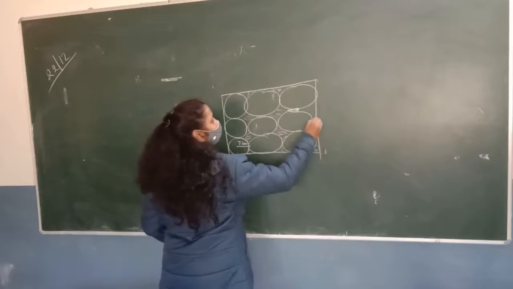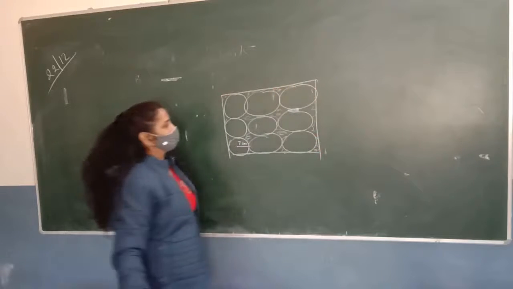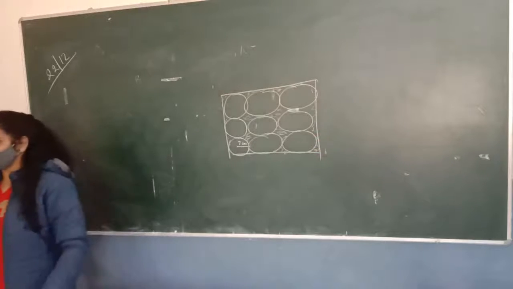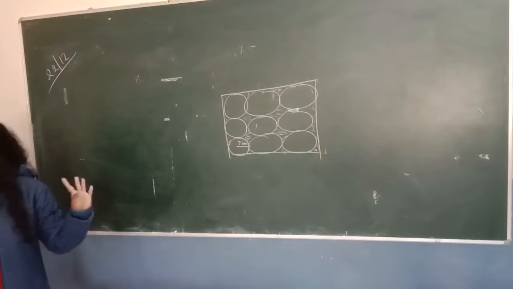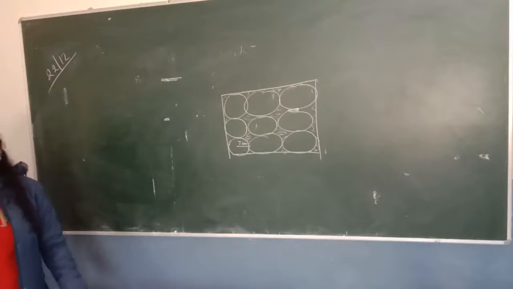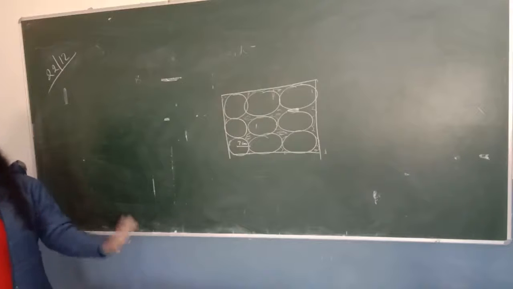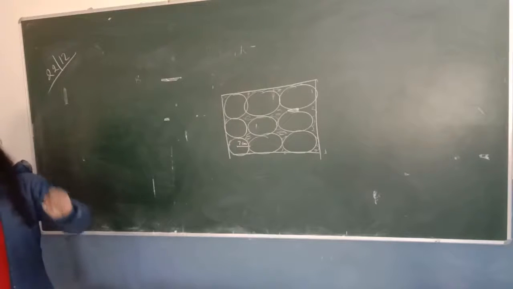Okay, so you have to find the area of the portion where there are no circles. This is a handkerchief which is square in shape and it has 9 circles. The circle has radius 7 centimeter. You have to find out the area of the remaining portion of the square without circles. How can you find it? Raise your hand. How are you going to explain?